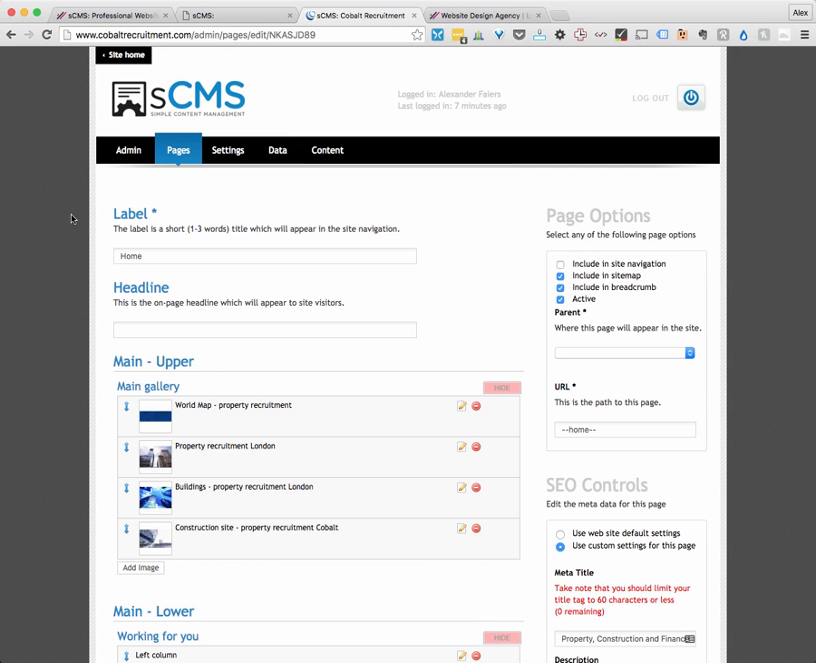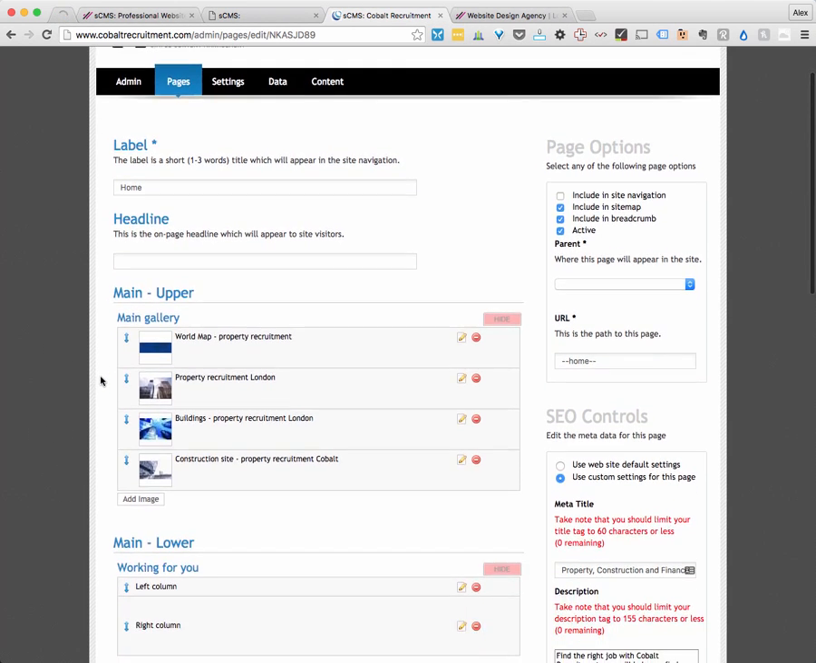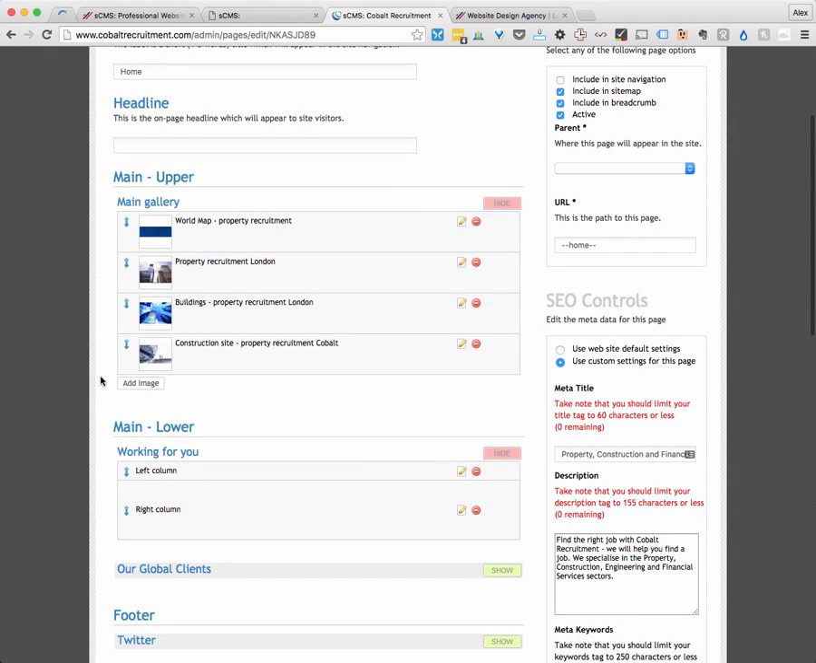At the top we can see label. Okay, this is what appears in the site navigation. It's called home. Sometimes we have a section for a headline or an H1 tag, which is managed here. In this case, it's not used. Then underneath this, we have a